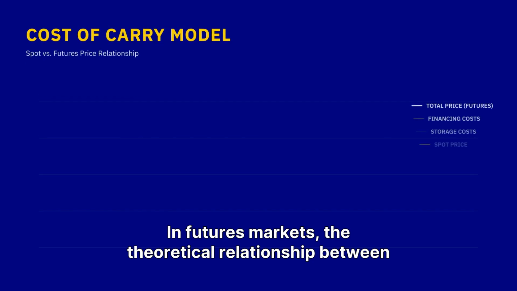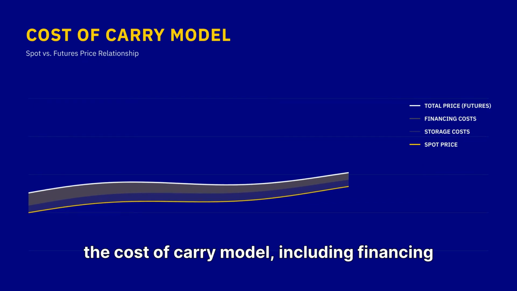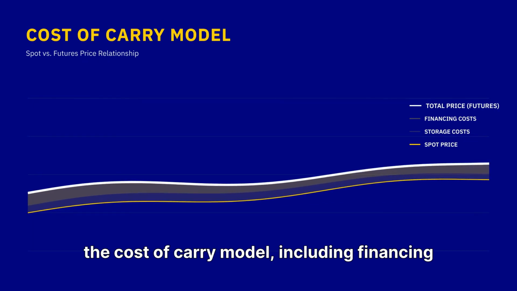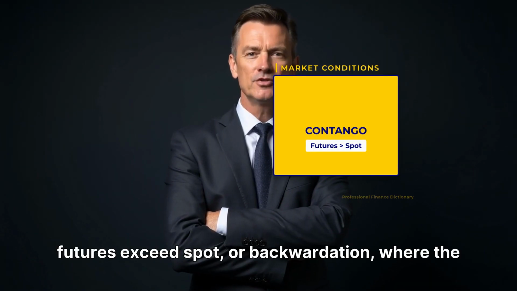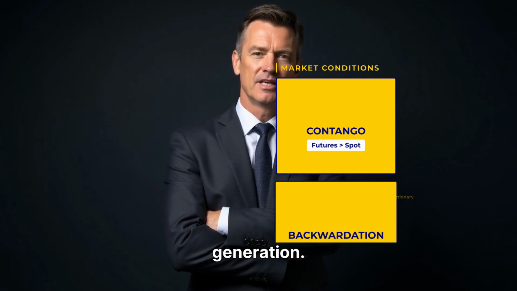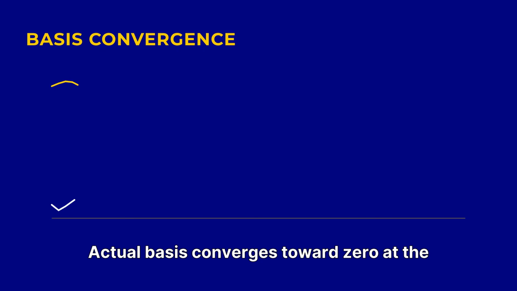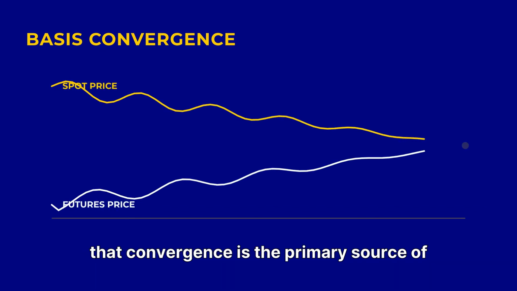In futures markets, the theoretical relationship between spot and futures prices is driven by the cost of carry model, including financing and storage. This relationship creates conditions like Contango, where futures exceed spot, or backwardation, where the spot price is higher due to income generation. Actual basis converges towards zero at the delivery date, but the unpredictable path of that convergence is the primary source